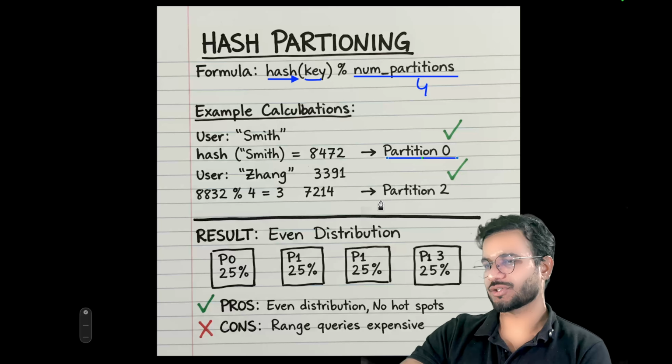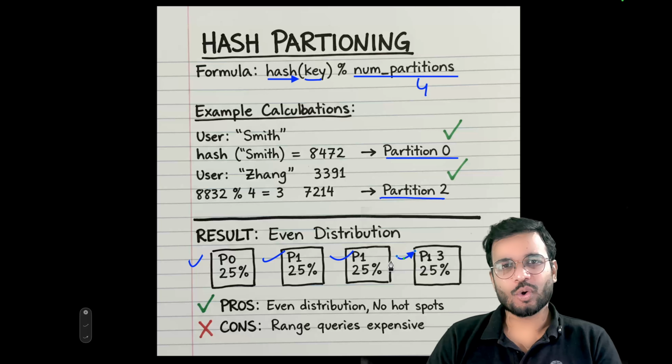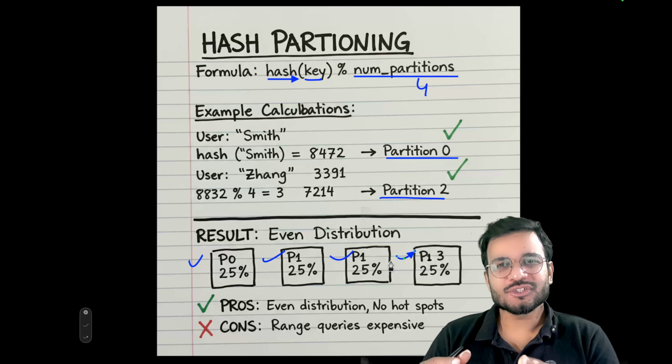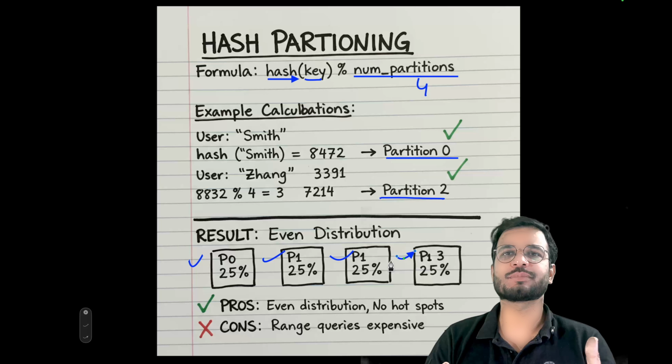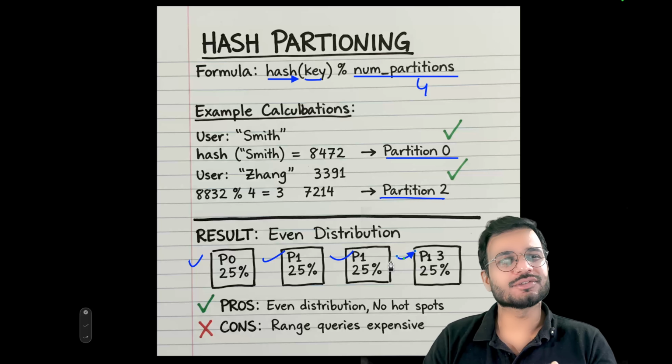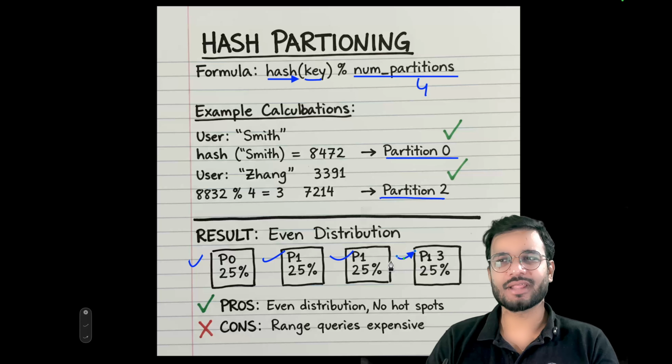Now, one of the pros is that we are able to evenly distribute the load. Because of that, there is no hotspot. Now, the problem with this is, what if I want to do range queries? Because of range queries, I still need to query multiple partitions. For example, if I'm finding the range between A to Z, I want all the partitions to be queried. In that case, it will become a bottleneck. That is why hash-based partitioning is also not one of the best approaches to use.